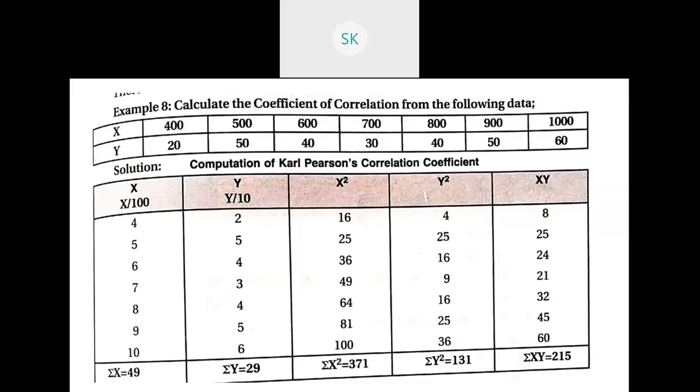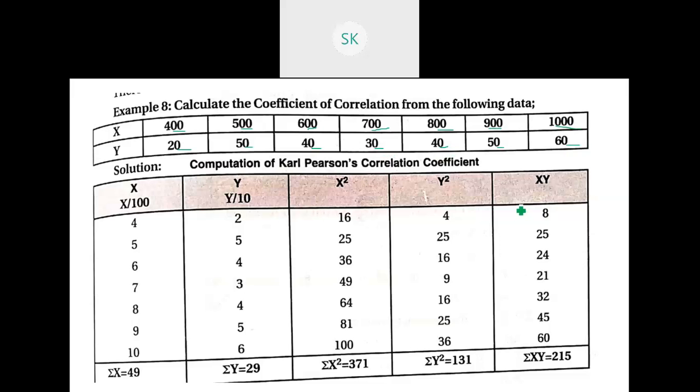Now, when I have such big data, the values are big enough, but I can still apply this method. How can I apply this method? Because in every data point of x I can easily take out two zeros. If you see, everywhere I can take out two zeros. And for the data of y, in all the numbers I can easily take out one zero. If I just divide it by 10, that zero will go away.